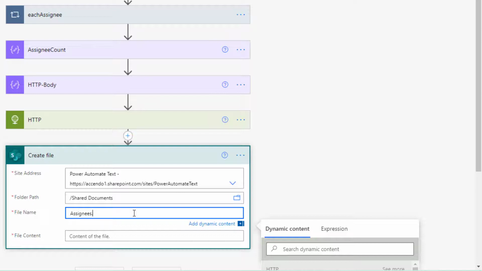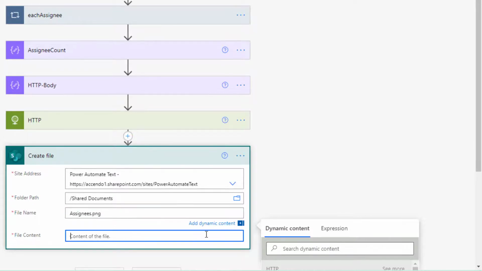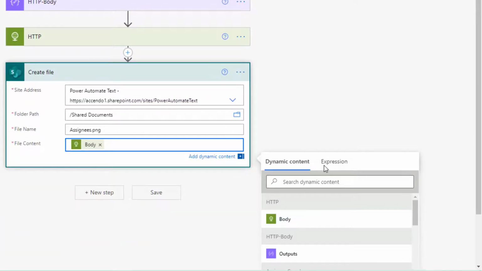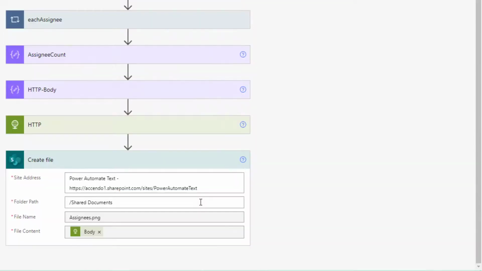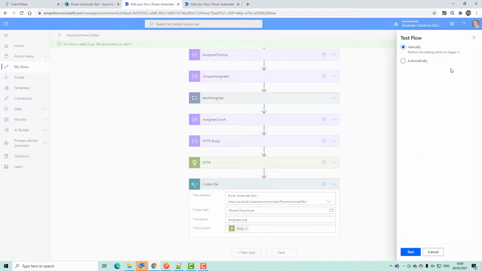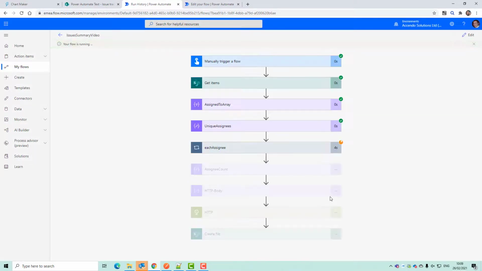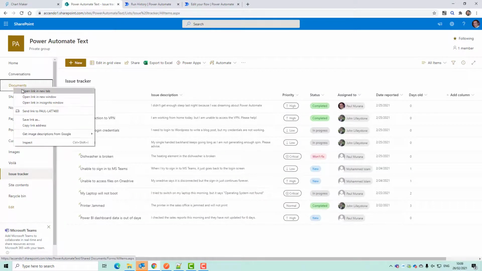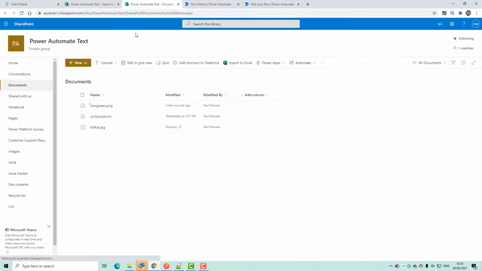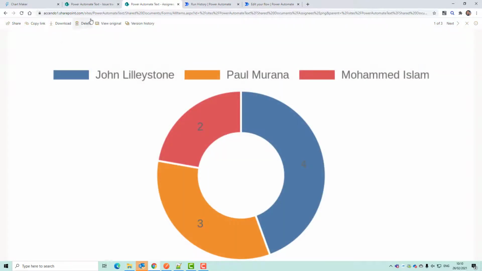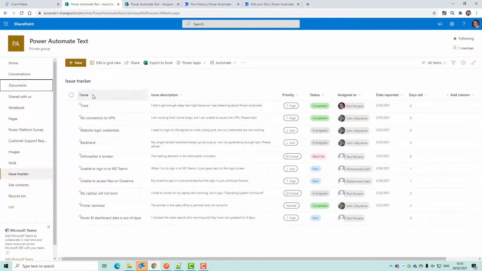I'll give it a file name. Here I can literally just use the HTTP body as the output. Okay, so if I run this now, go back to here, I should get a PNG file in here, which is the chart. So if we come back to here, to our list, we've got our issue tracker.